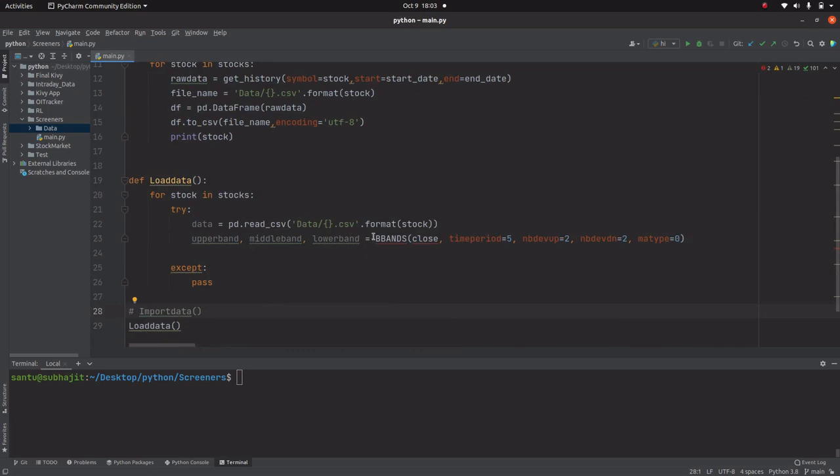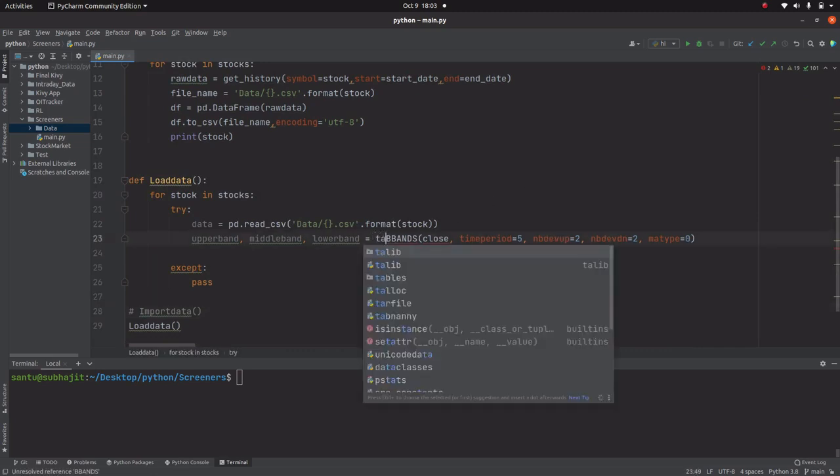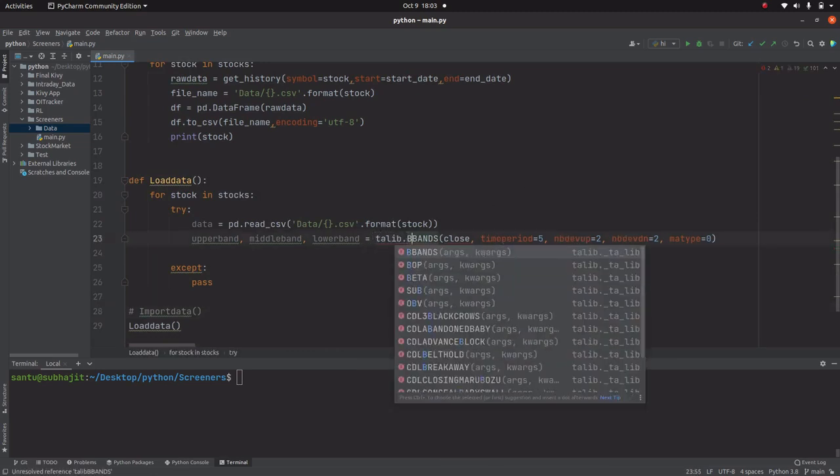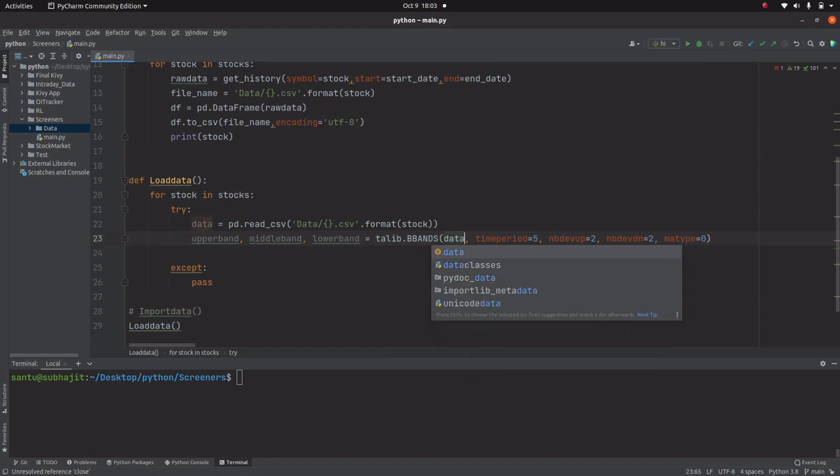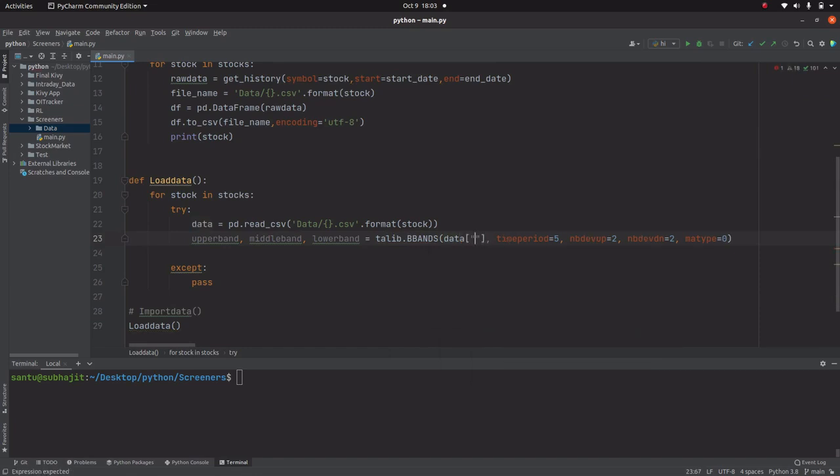Let me take talib.BBANDS, and close will be in my data format. This will be data under close, and the time period will be 20 and standard deviation is 2. So it is there.